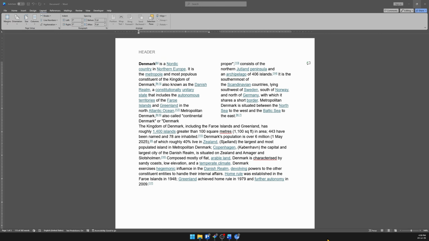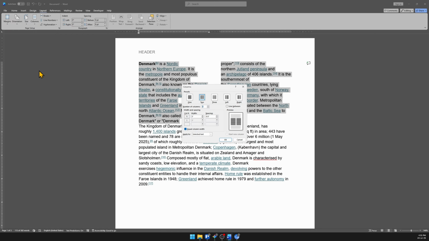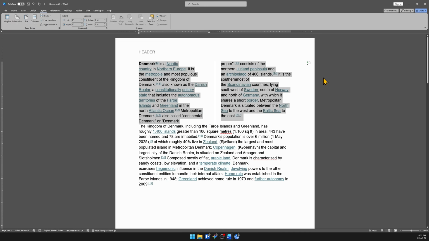And now to add a clean vertical border running down the middle between your columns, we'll use Advanced Column Settings. So go back into your Layout tab again, click on Columns, and choose More Columns. Inside this pop-up window, look over to the right side and check the box next to Line Between here. And click OK. Alright, as you can see, Word will immediately draw a crisp vertical border line separating your left and right columns that automatically adjusts as